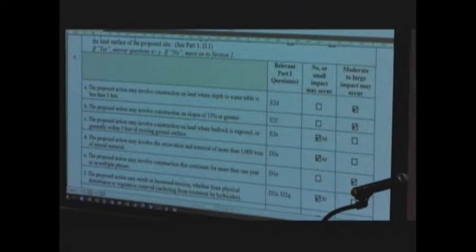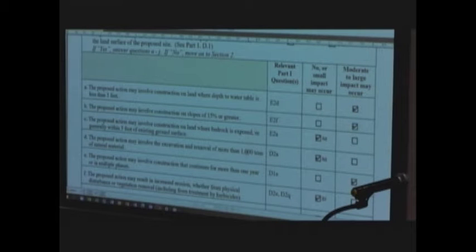the potential impacts are quantified based on the middle column here: no or small impact may occur, and moderate to large impact may occur. Typically, SEQR provides guidance on what point is considered small or moderate, what point is considered no or small impact, and what point is considered moderate impact. When we do SEQR, we typically show NI, which indicates no impact, and SI, which indicates a small